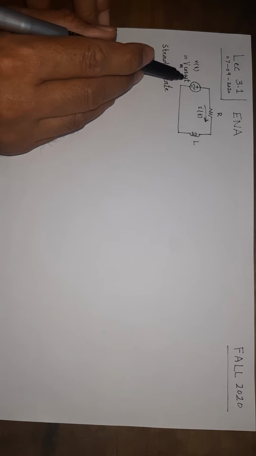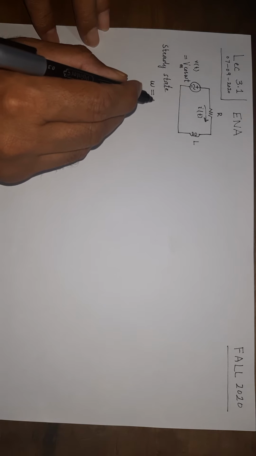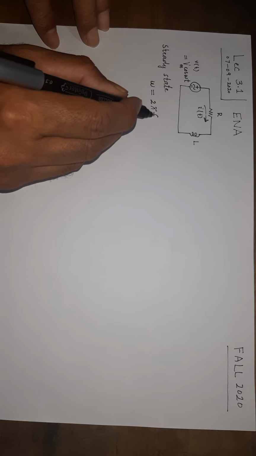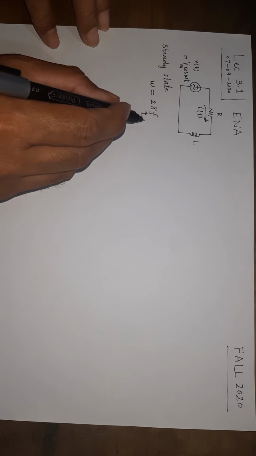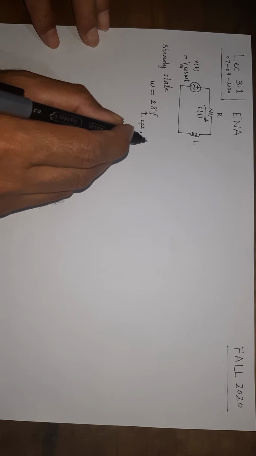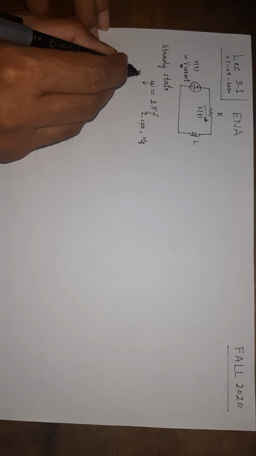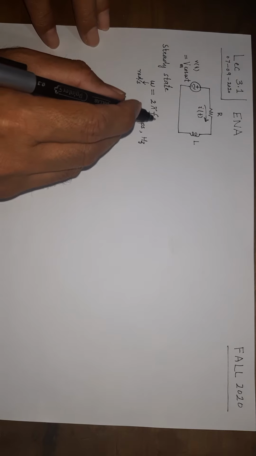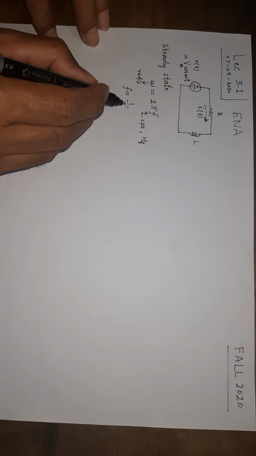that represents the radian frequency. I hope you remember that this omega, the radian frequency, is related to the frequency in cycles per second by this formula, where F is the frequency in hertz or cycles per second, and this is in radian per second. It is called the radian frequency, where this F basically is equal to the reciprocal of the time period.